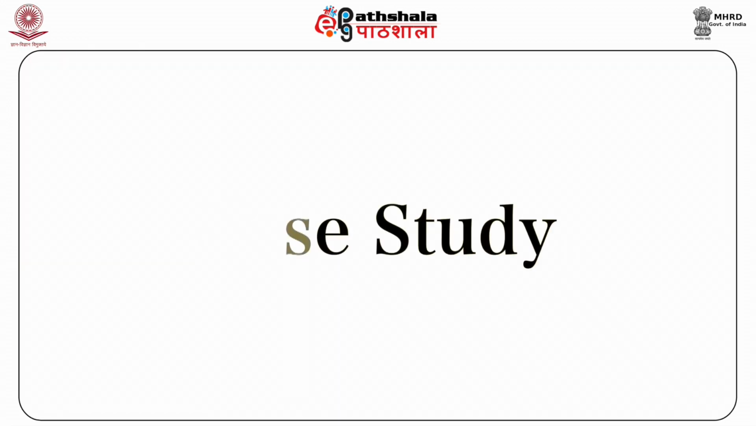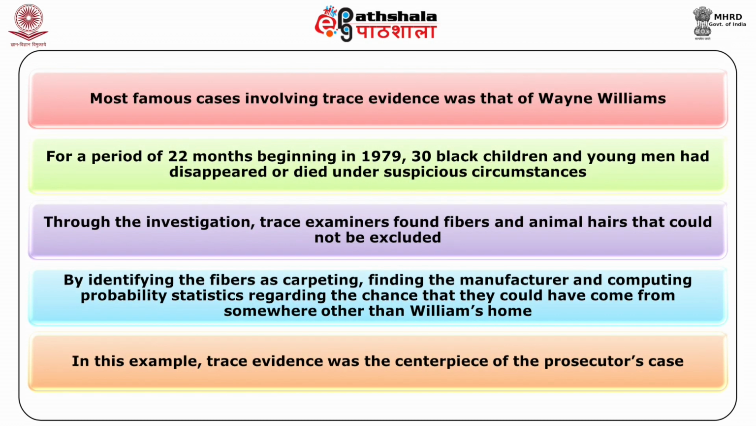Case study. One of the most famous cases involving trace evidence was that of Wayne Williams, convicted of 2 counts of murder in 1982 in the infamous Atlanta child murders case. For a period of 22 months, beginning in 1979, 30 black children and young men had disappeared or died under suspicious circumstances. Through the investigation, trace examiners found fibers and animal hairs that could not be excluded when looking for